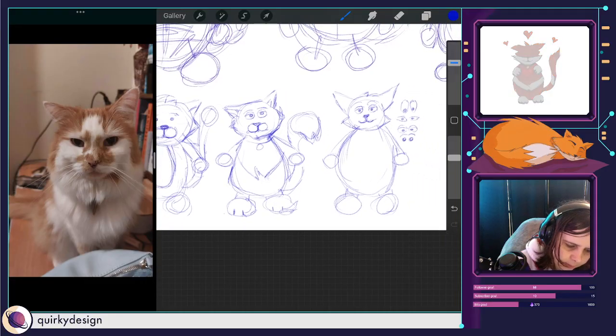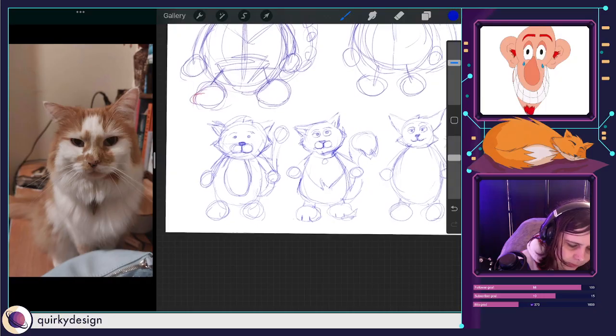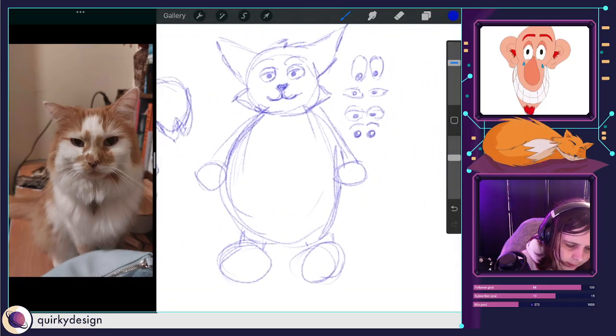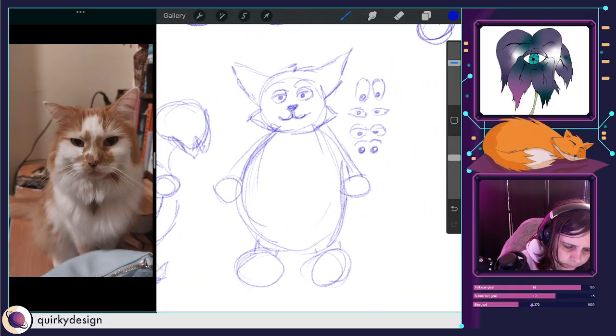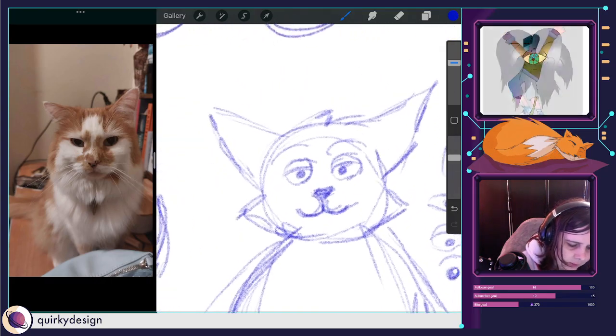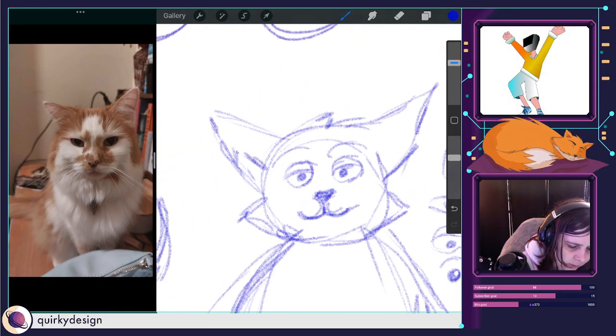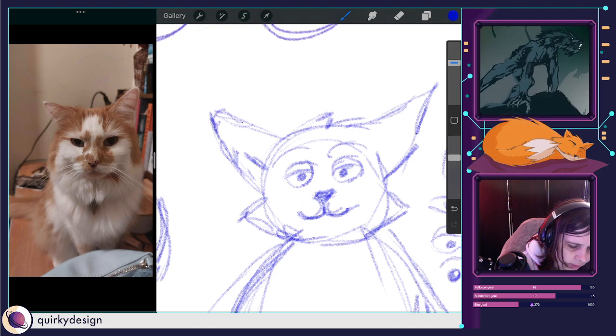See, I think I like that better. Yeah, it kind of works on that character better. The ears end up being similar because I can't change too much in his ears. Could probably make them a bit more rounded.